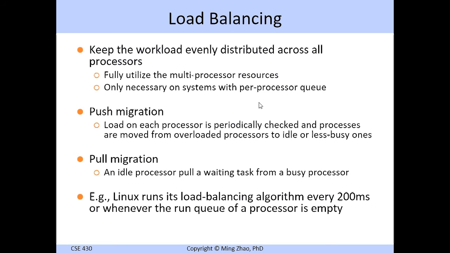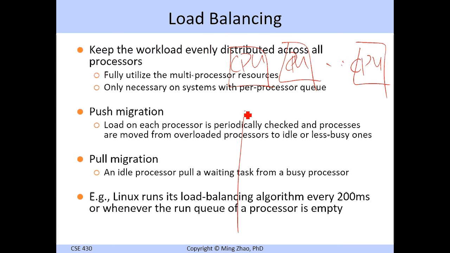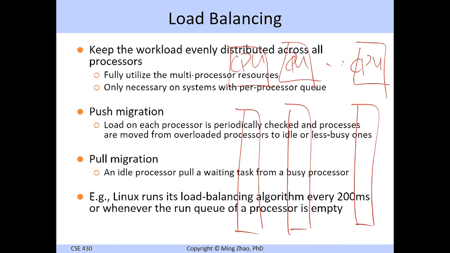But the private ready queue-based approach brings a different problem, which is we may have imbalanced work on the processors. The reason is that when we schedule processes to the processors, imagine these are the processors, and these are their queues, when we put processes into these private ready queues, we can only do that in a best effort manner, because we can only do it based on our estimate of the amount of work that each process requires. So as much as we try to balance the work across all the ready queues,